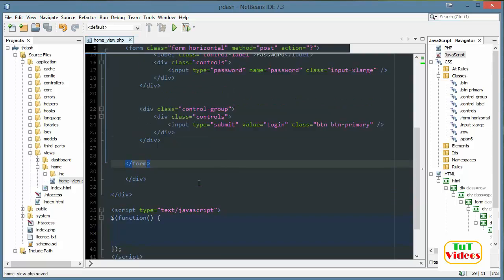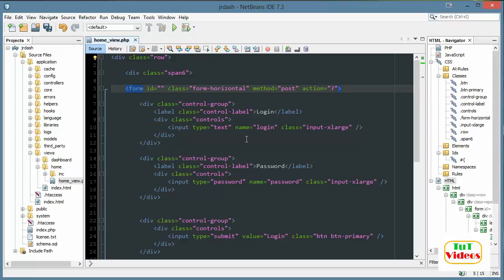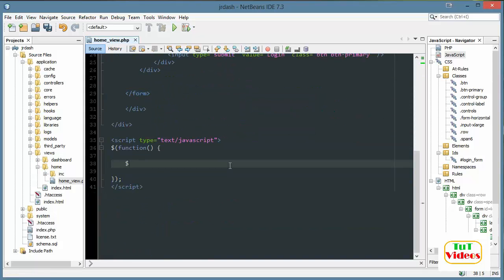We have our form here, and the form has a class, and I'm going to give it an ID just so it's unique, and in case we were to ever add a form on here later, it would still be unique. So I'll just give it login form ID like that, and down here we'll say login form. This selects the login form element